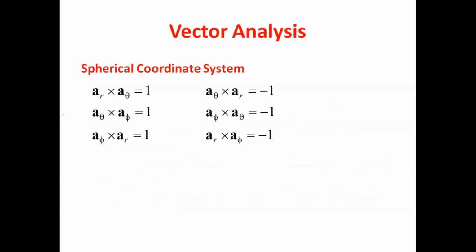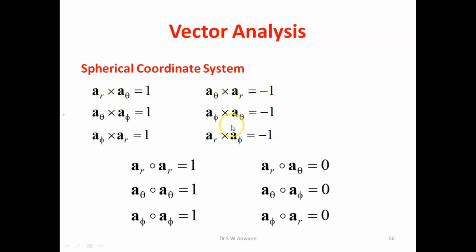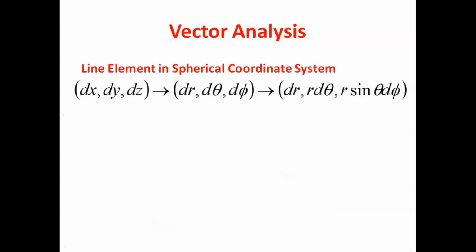So these three unit vectors a_r, a_theta and a_phi make a mutually perpendicular system at the point of definition. Therefore, as the magnitude of each is unity, a_r cross a_theta is equal to a_phi, and if you reverse the order it will be minus a_phi, and so on. The dot product of a_r with a_r will be unity, and so on for others. Cross dot products, that is a_r dot a_theta, will be 0 because they are mutually perpendicular, and a similar relationship holds for other possible combinations.